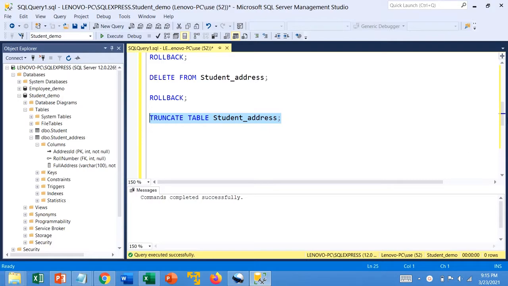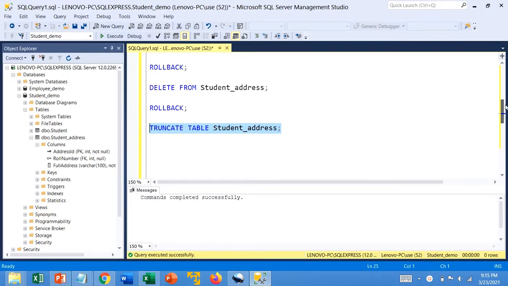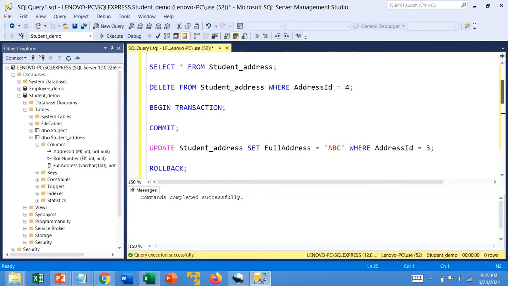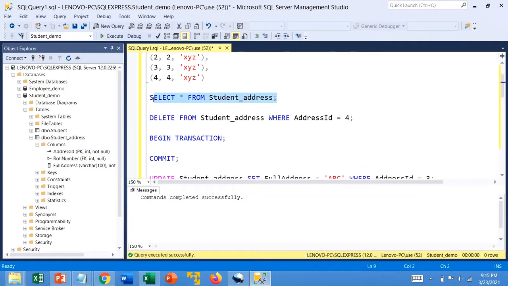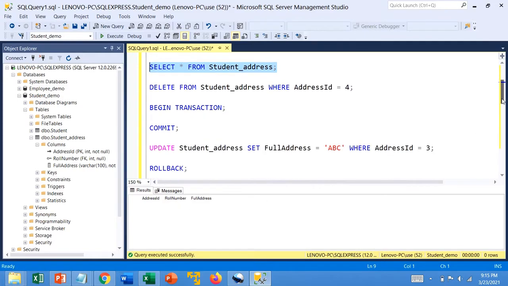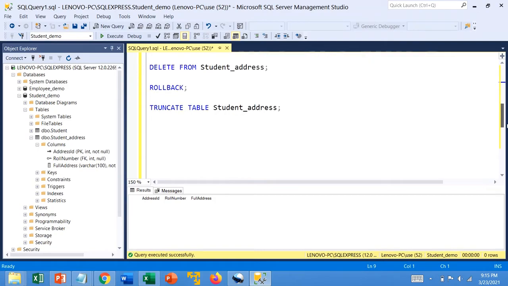Command is completed successfully. Now let's try to retrieve all the records. There are no records in our table, so we have successfully deleted all the records in one go.